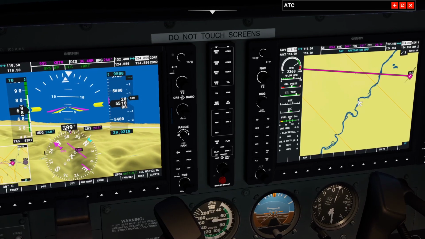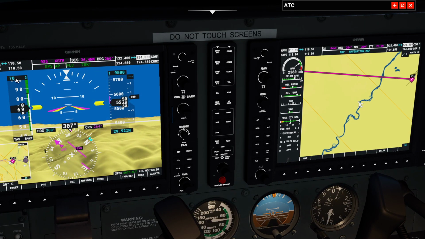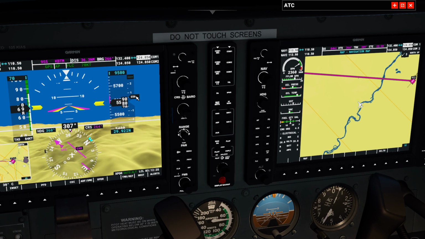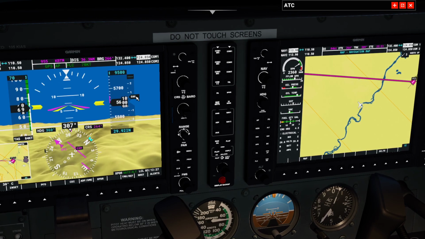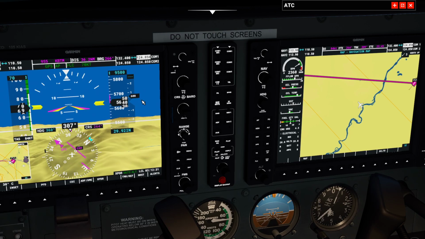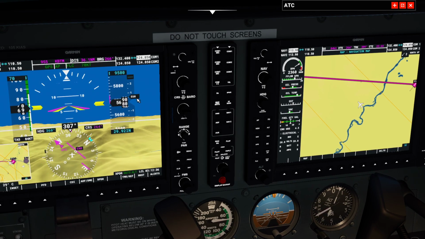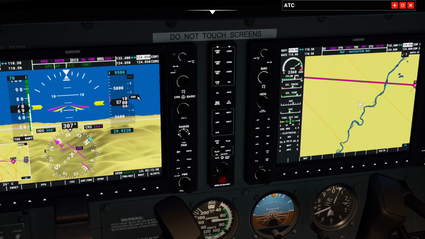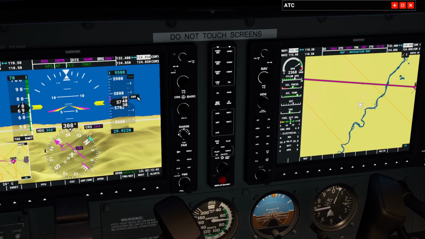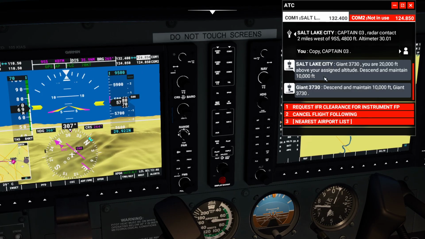height-wise. We're still climbing. I set the climb rate at 70 knots, so we're right there at 70 knots. It gives us a climb rate of 550, or I guess that's 500. Well, between 500 and 550. Altitude, feet per minute. I'm guessing it's feet per minute. So I need to look and see what our...